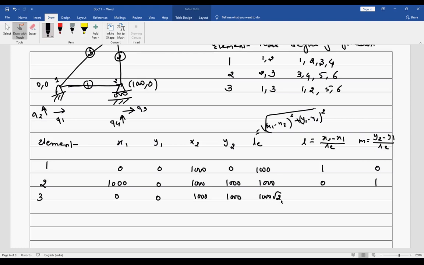I get 1000 root 2, 0.707, 0.707. Okay. So just verify this, and if this table is correct, you can type C.